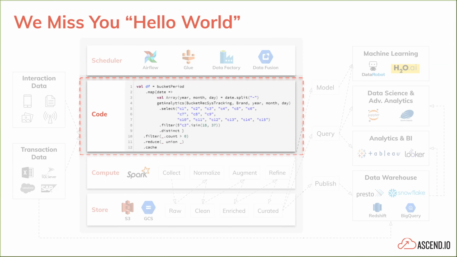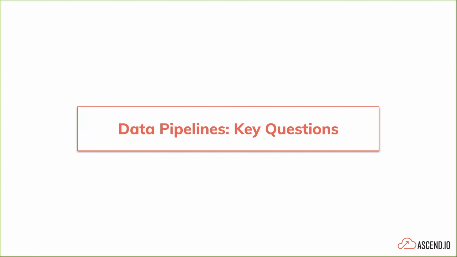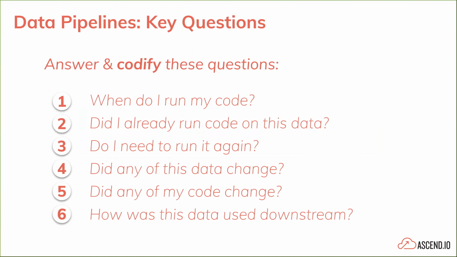So with all of that context around data pipelines and what they look like, how do we get back to simplicity, right? How do we get back to this hello world where data engineers like ourselves can focus on business logic and creating impact for the business and not all of this inherent complexity? In order to do that, we have to take a step back from the data engineering pipeline itself and answer some key questions, the foundational questions of what you end up having to answer every time you're trying to build a pipeline.